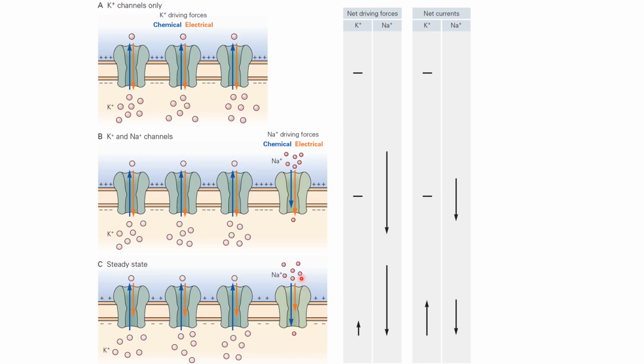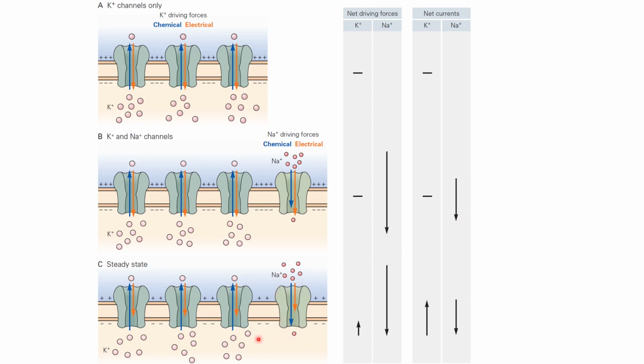And therefore the electrical gradient for sodium ions will reduce over time. While the chemical gradient, we can assume that it does not change much, because the number of ions present outside and inside, these numbers are quite large. So the movement of a few ions does not change the gradients very quickly. So overall, the two driving forces are still in the same direction, but the magnitude would be slightly reduced now compared to the beginning. And therefore the current of sodium will also reduce relative to the beginning.